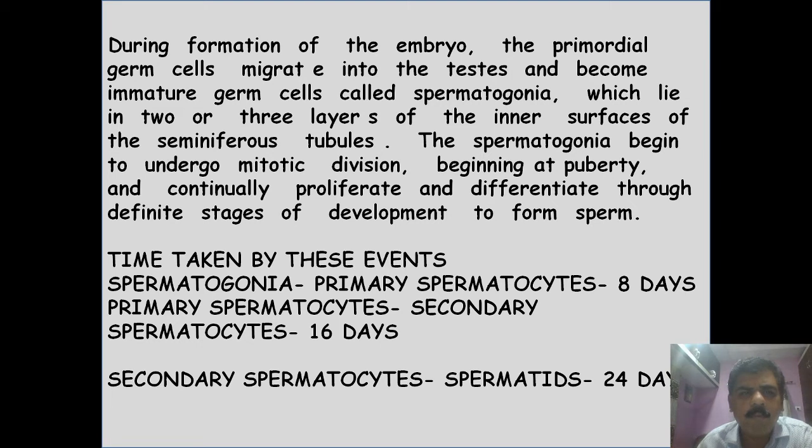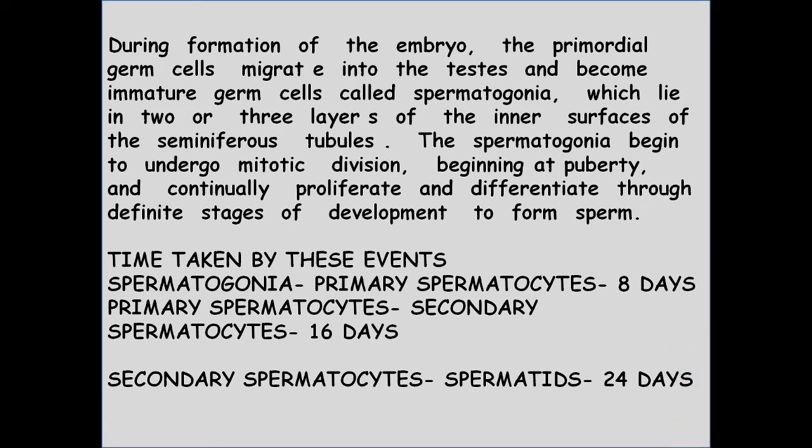During the formation of the embryo, the primordial germ cells migrate into the testes and become immature germ cells that we call spermatogonia. These spermatogonia lie in two or three layers on the inner surface of the seminiferous tubule. The spermatogonia begin to undergo mitotic division beginning at puberty and continually proliferate and differentiate through definite stages of development